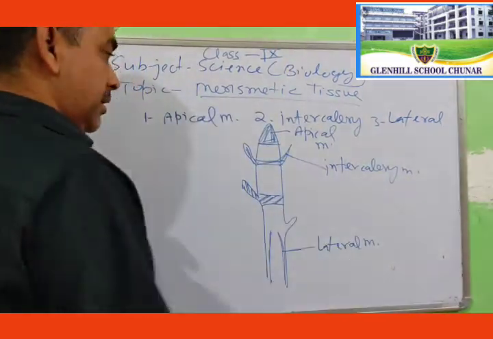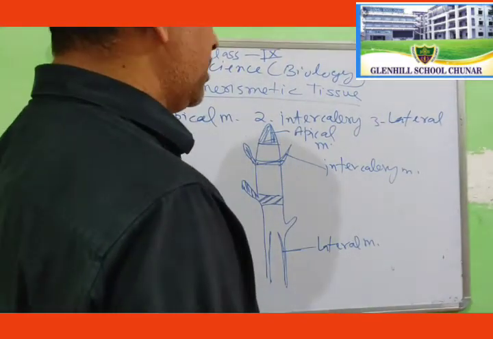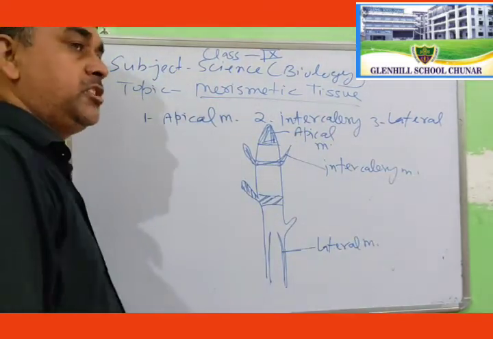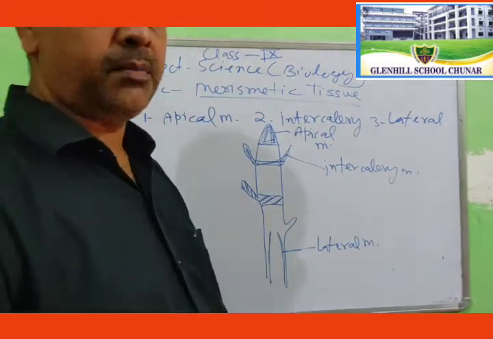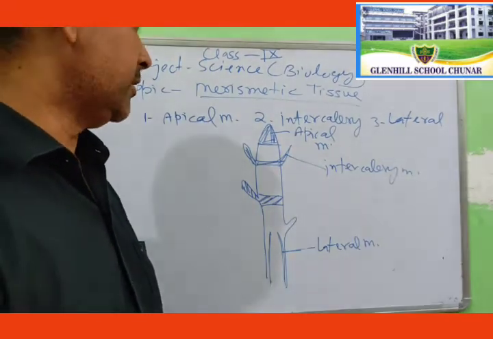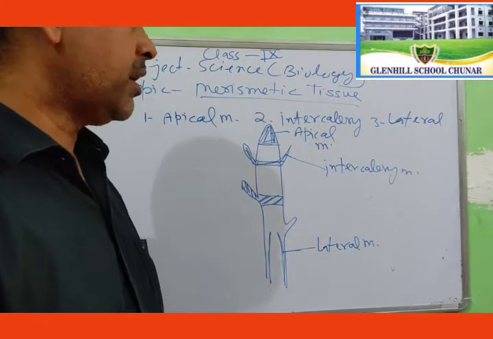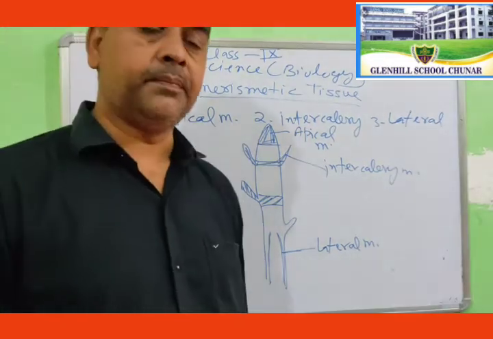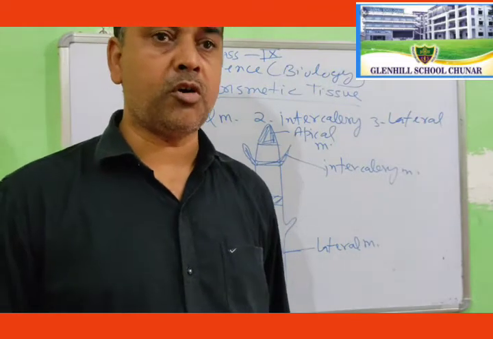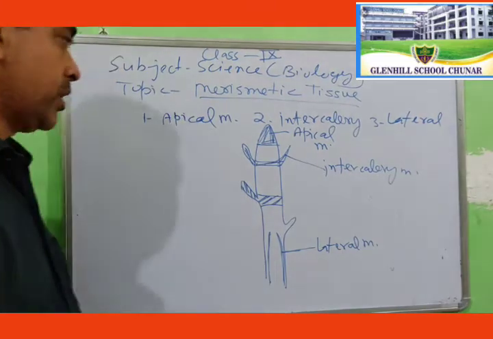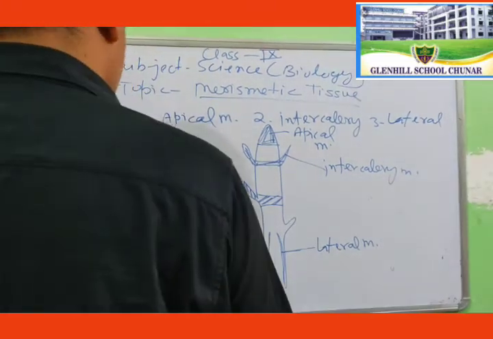So intercalary meristem is found in the middle of the plant, and apical meristem is found in the apical parts of the root and shoot. This is responsible for elongation, and lateral is found in the stem and responsible for the broadening and branching of the trees. Okay, you can write down apical